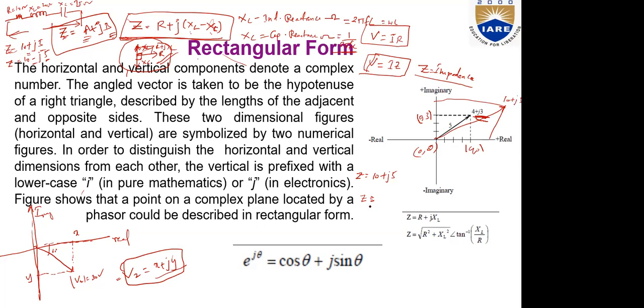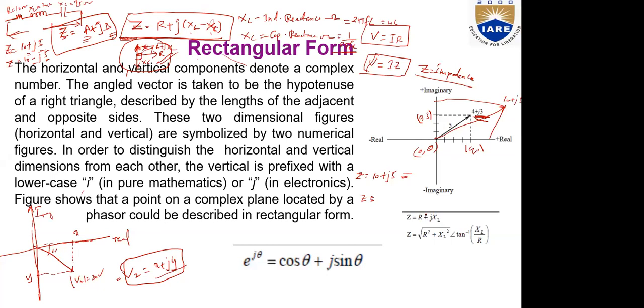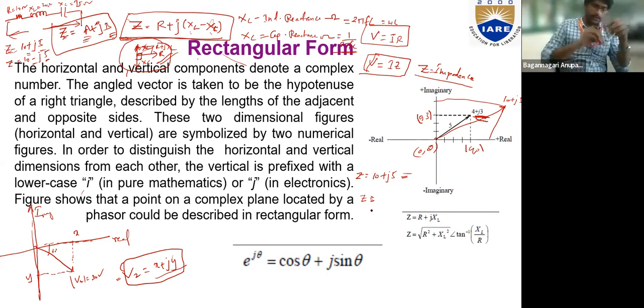Okay. So now, this is the rectangular form of representation, and how do you represent them in polar form? We find the angle by tan inverse of y by x, sir. We have to find the angle, no, sir? Yes, it's just like converting a rectangular form to polar, right? Yes, sir.